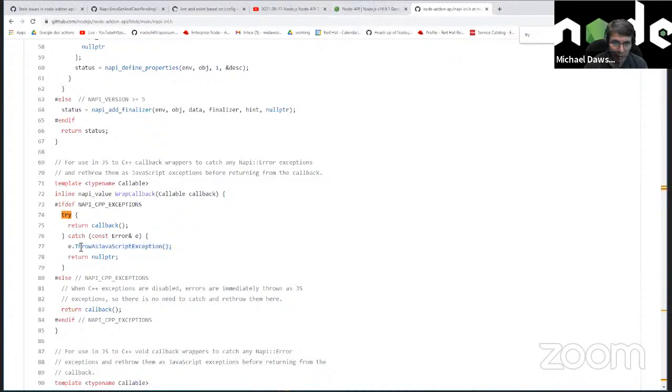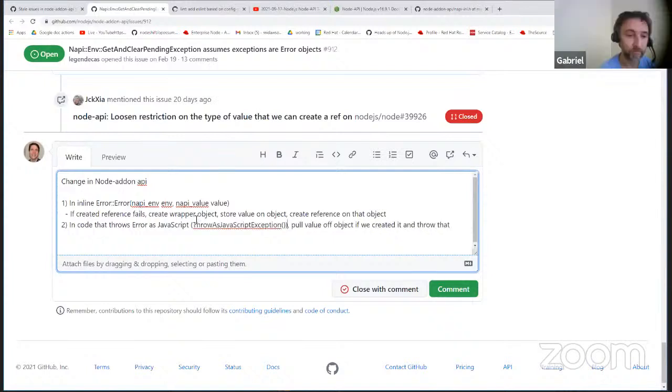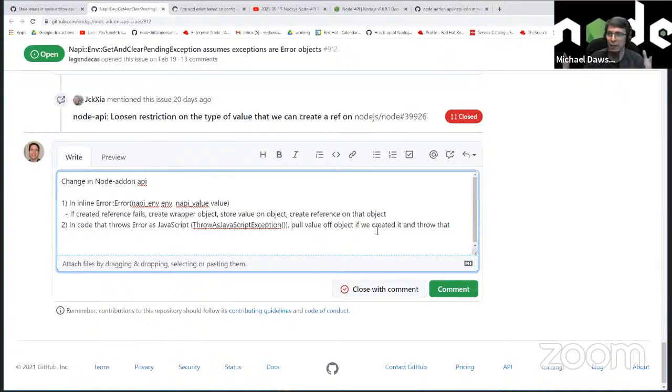Right. Okay. So I just want to capture that throw, because I think that would be the last. I can just put it here. Yes, that's it. So we basically need something: is this wrapped? Yes. We'll do the unwrapping. Okay. So I think that ends up being a fairly small change then, and it doesn't need to be opt-in, because